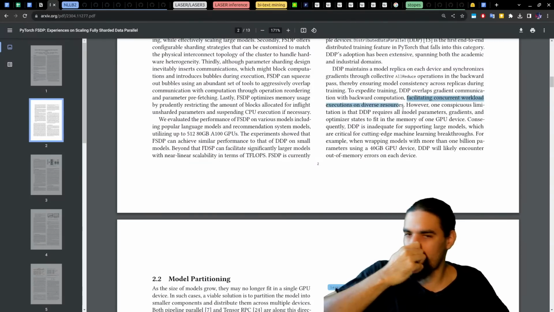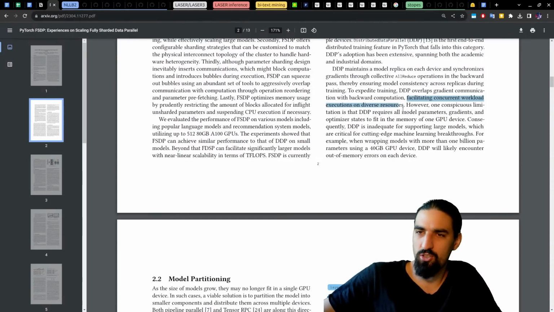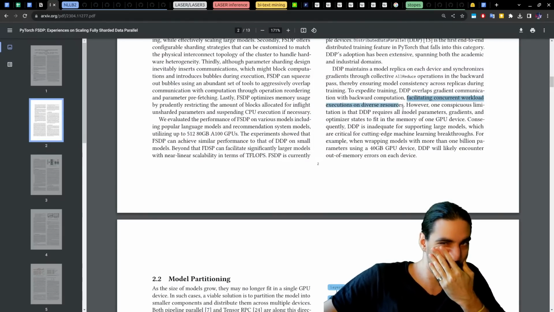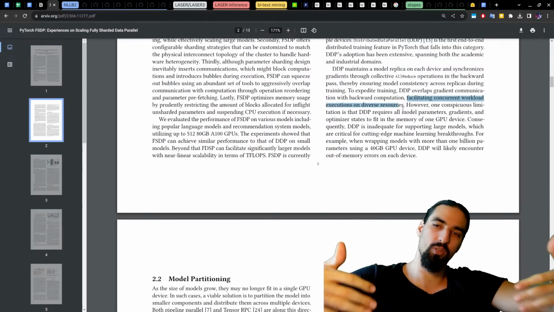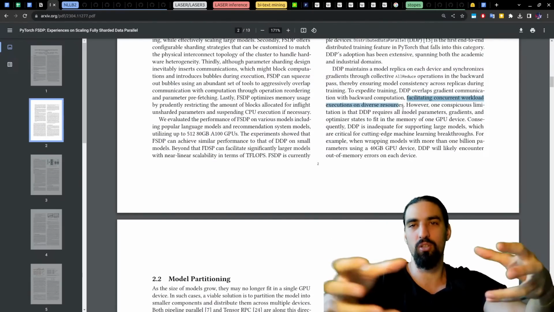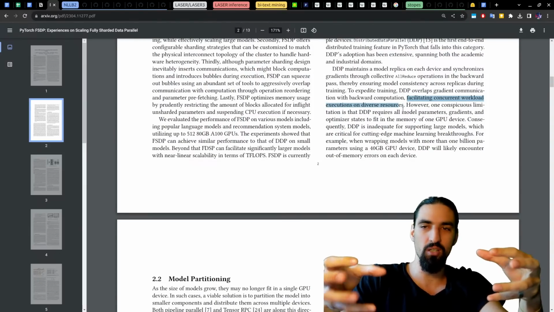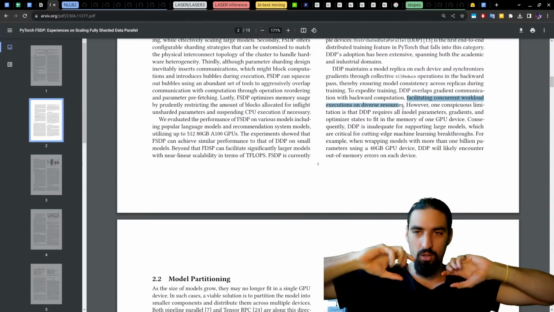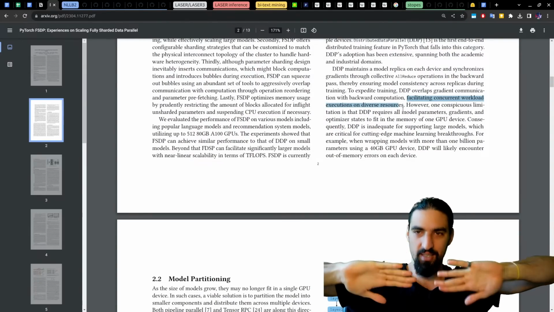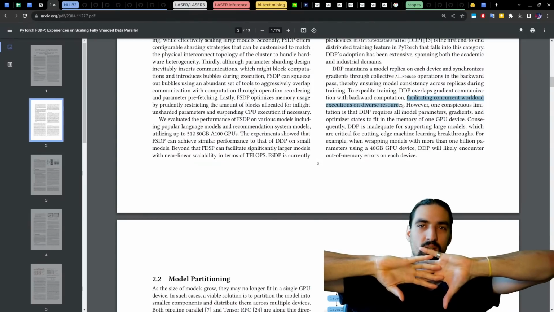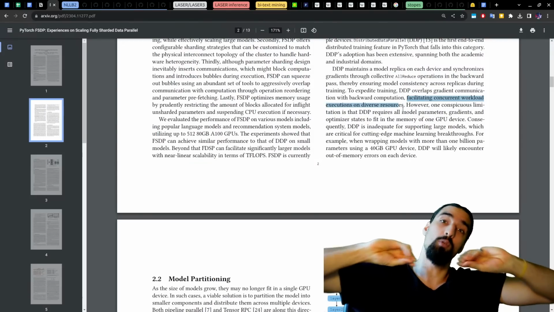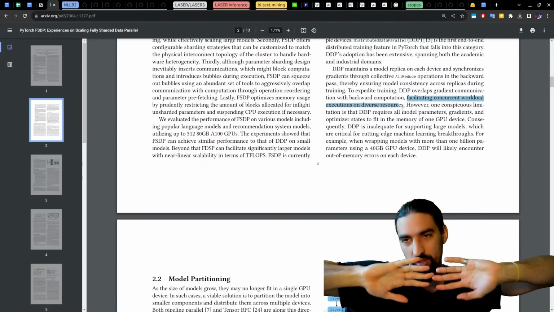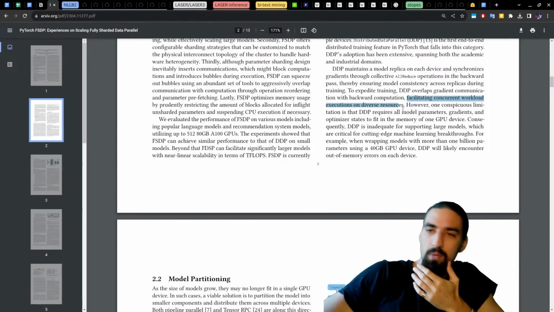So we've seen this, I think, when we were going through the blog, this overlapping of gradient communication with backward computation. The thing here is, as you're going backward, instead of waiting for all of the replicas to go through the backward pass completely and then doing the gradient sync operation, as soon as you go through, for example, the last layer, you immediately sync the gradients. So you overlap the communication between the GPUs with the computation of the backward. So that's what they mean when they say